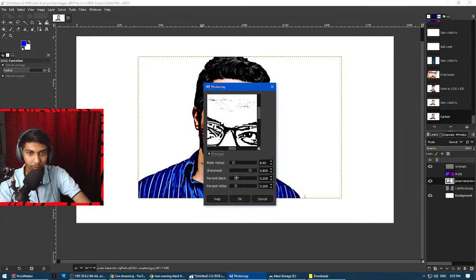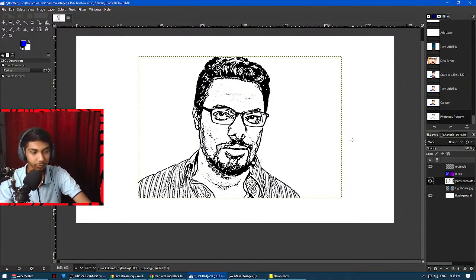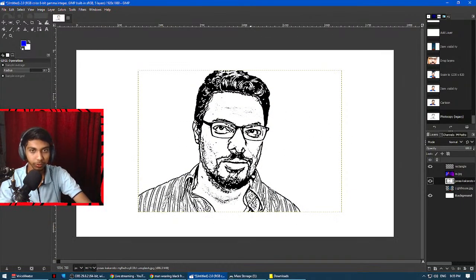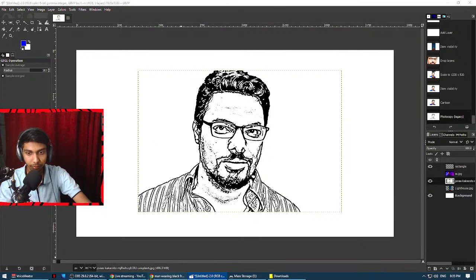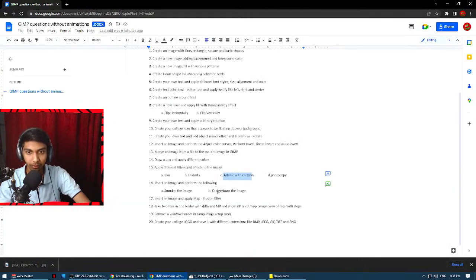Okay, so play around with the values and you'll find something or another. Percent black, increase, click OK. Now you have a sketch image of the same person which we created in cartoon. Okay, that's easy. Done. Let's go to the next question, that is,